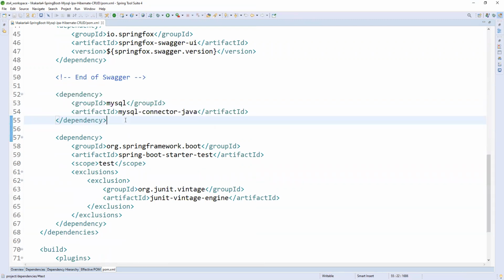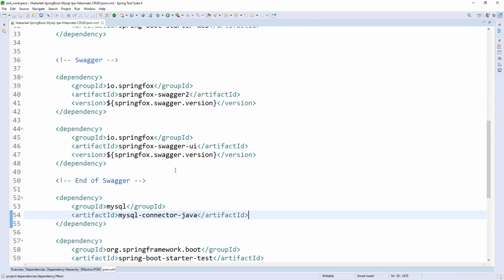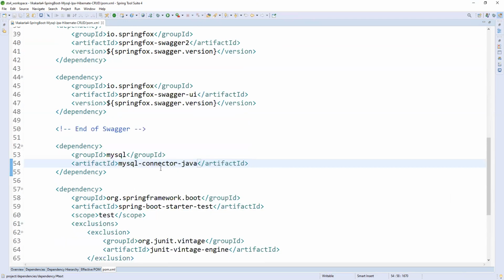So previously, before Spring, we had to add the version of the MySQL server. But in Spring, you don't need to add any version of any dependency. By default, it will take care of the required compatible version. Dynamically it will decide, and dynamically it will download it the first time we run our application.